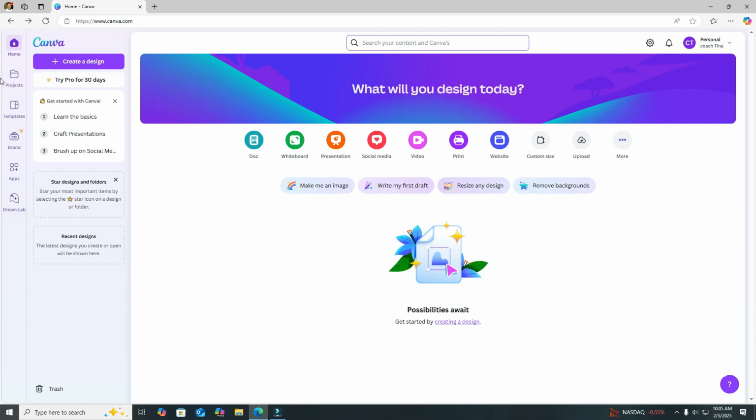Now we're going to head over here. So right here, smack in the middle is your search bar. This right here is what I use the most here in Canva. So you can type in literally anything in here and Canva will do its best to try to find whatever you need. We're going to talk about that in a little bit, but first we're going to head over